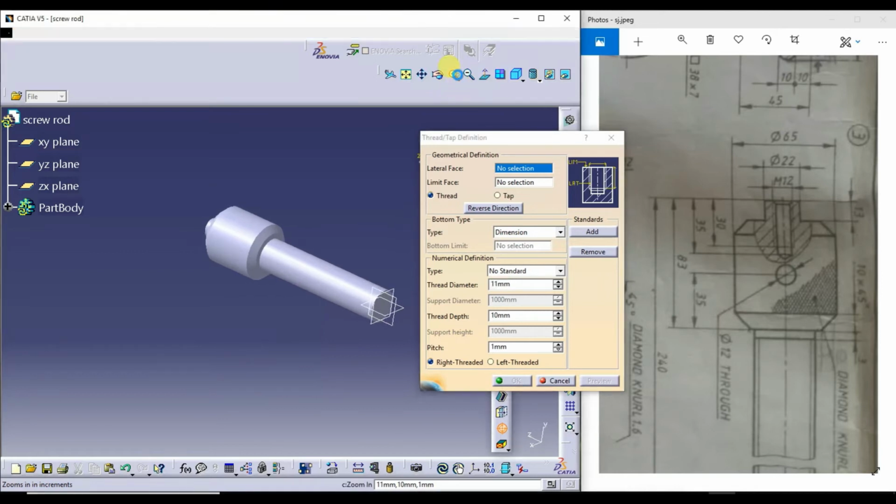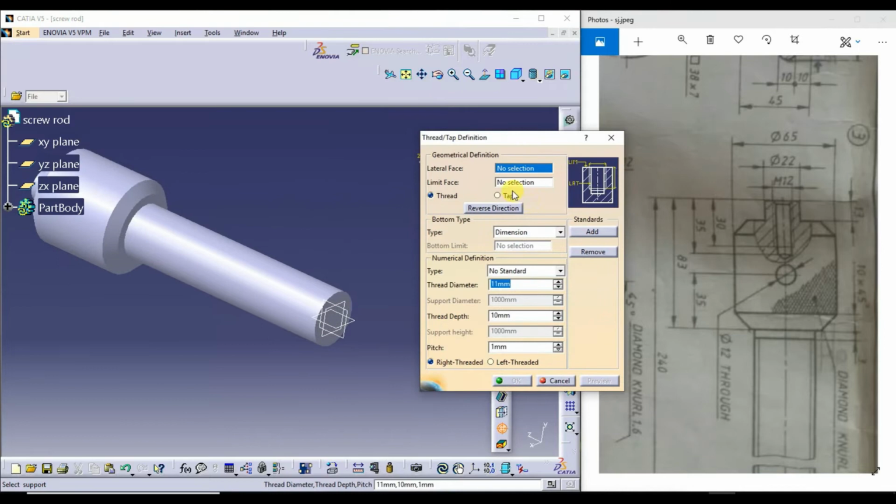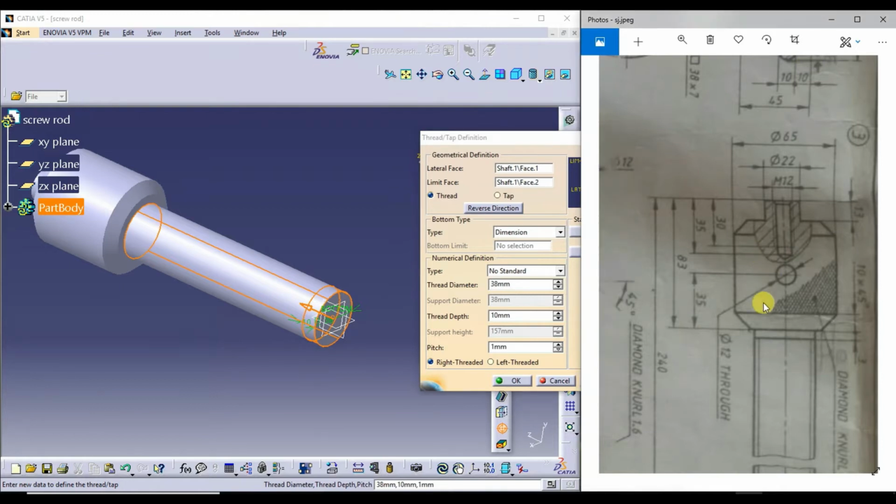I'll zoom this a little bit. So lateral surface is, this is the lateral surface. This is a limiting face. So thread diameter is 38. Next, thread depth is, see the thread depth here.